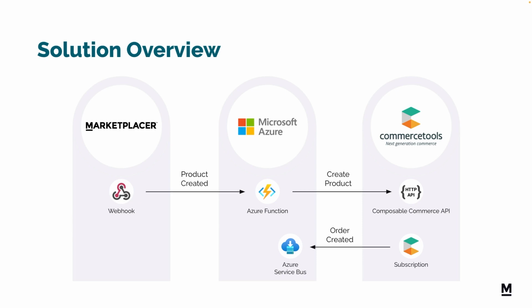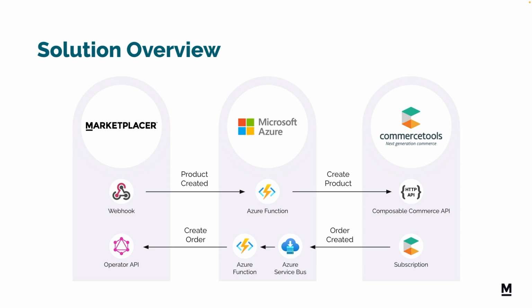Subscriptions in commercetools, as already discussed, are slightly different from webhooks in that they traverse message systems directly. So in this case, we're using Azure Service Bus, and we're going to have an order created message placed directly on to that bus. We're then going to have another Azure function that's going to take those messages, and then in turn it's going to create orders in Marketplacer using the operator API. Okay, so in the next section, what we're actually going to do by way of a bit of scaffolding is to actually create the Azure